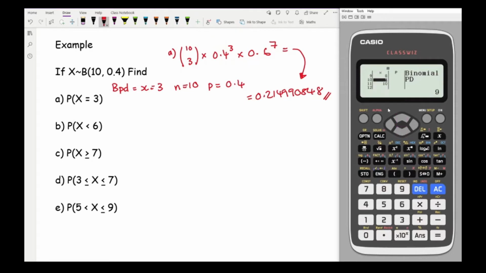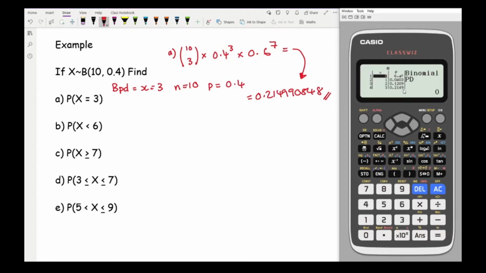I could have just entered certain numbers. I don't have to do it in numerical order either. I could just simply go in from just 4, 5, 6 if that's what I'm wanting, and then press equals. And then all I then need to do is enter the parameter of the question. So here I've got 10, 0.4 already programmed. I press equals, and as you can see, it's given to me all the probabilities of all of those individual